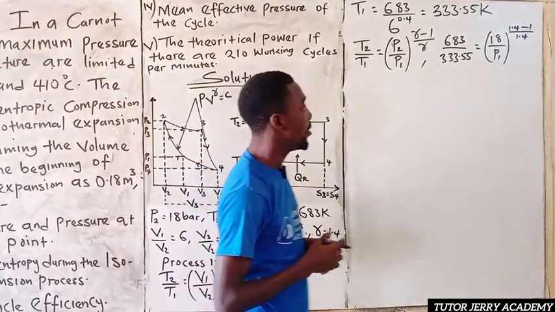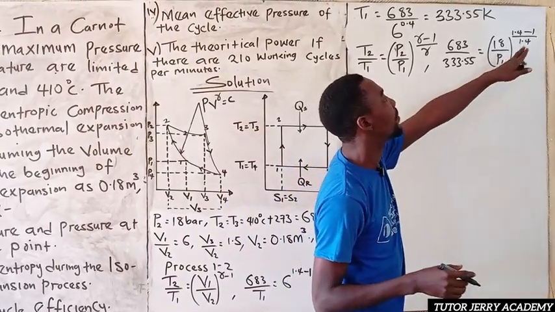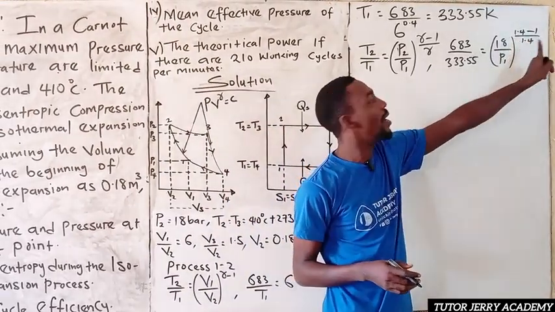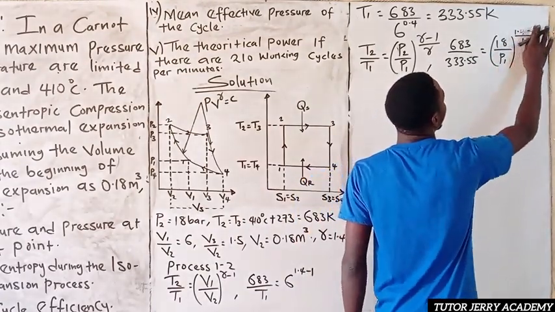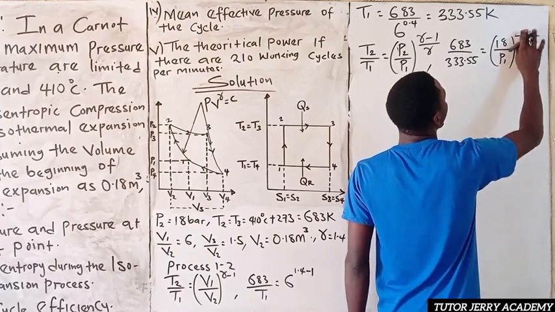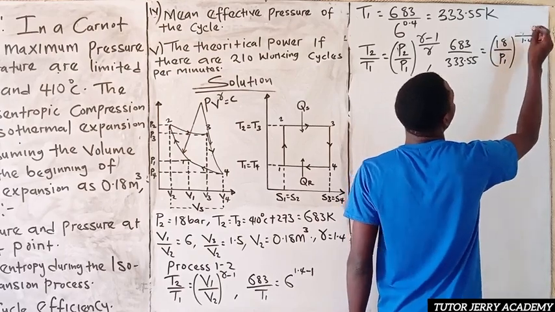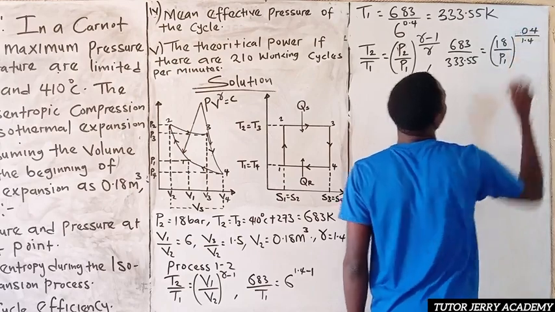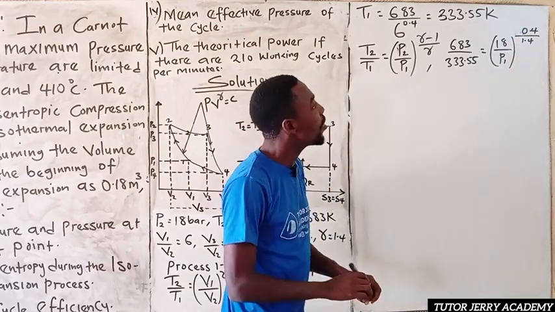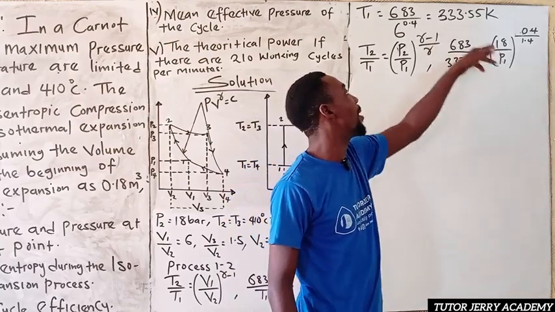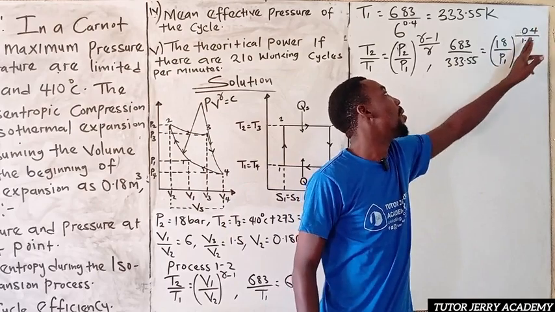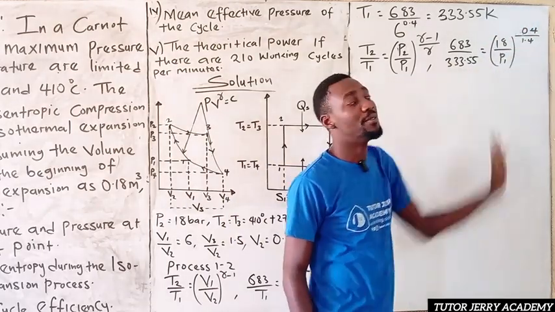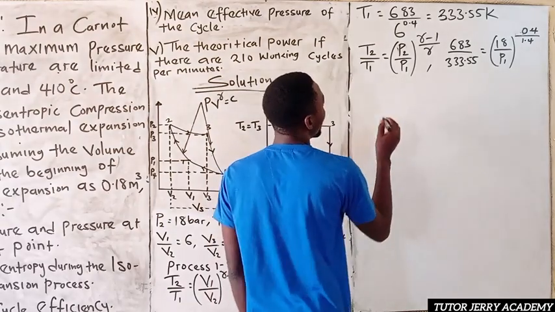For us to do that, we are going to multiply. Just permit me to write 0.4 here. 1.4 minus 1 is 0.4. All right. So now, for us to get P1, we are going to multiply the power of both sides by the inverse of what we have here. That is 1.4 all over 0.4. So if we do that, we are going to have